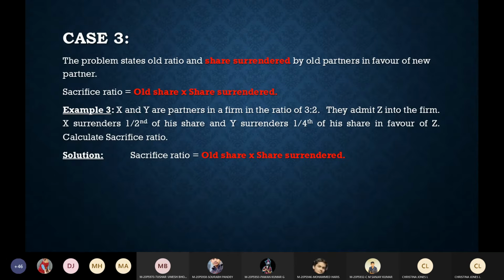Okay, they will say, X wants to give away half of his chocolates. Y wants to give away 1/4 of his chocolates. So let's say I had 10 chocolates. I want to give away half. That means how much I want to give away? Half of 10 is how much? 5, ma'am. 5. So got the concept how this is going to be?